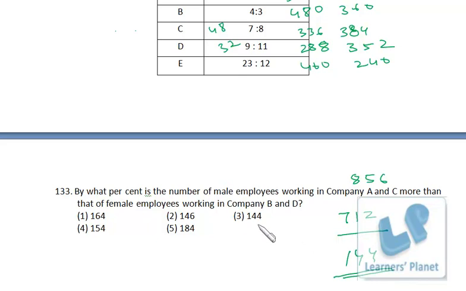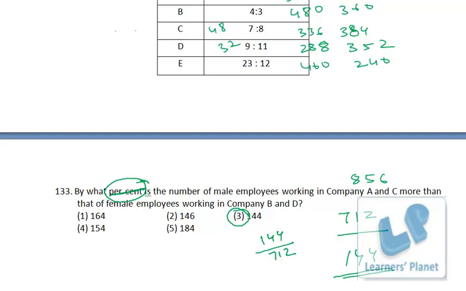We don't see the percentage difference among the options. I think that's wrong, so I think that's the number only. So that's 144. Because if we find the percentage, it will be less than 100. It cannot be more than 100 because 856 male employees are there, 712 female employees are there. So 144 is the difference out of 712, right? If we have to see the percentage more from female, then we have to take the base 712. So the calculation will be less than 100%. So that's not there among the options. So I think this data is by mistake.